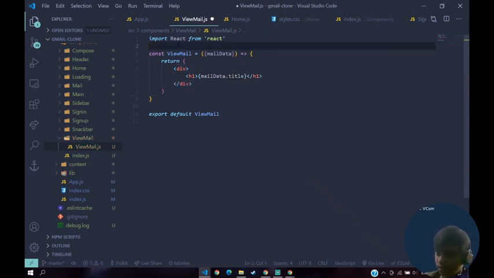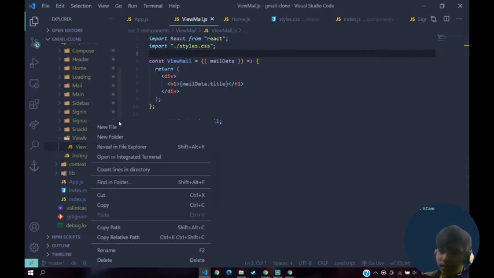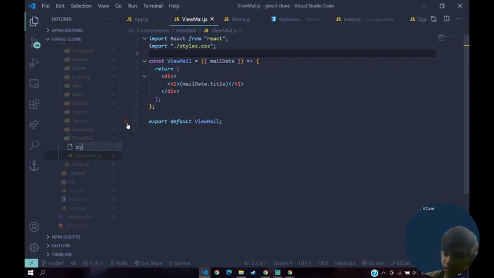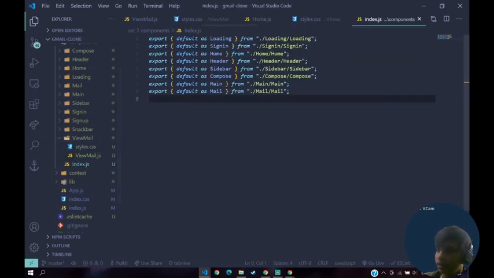Save, and also let's import our styles.css. Save that, and let's create another file and name it styles.css. Inside of here, let's import our view mail.